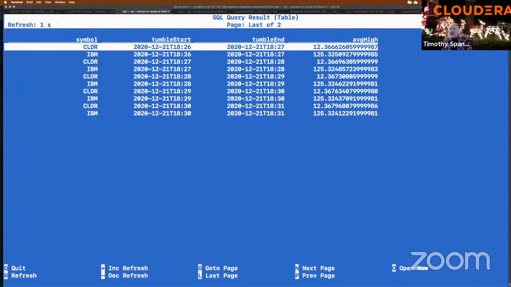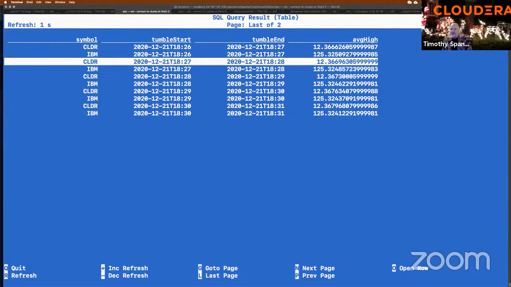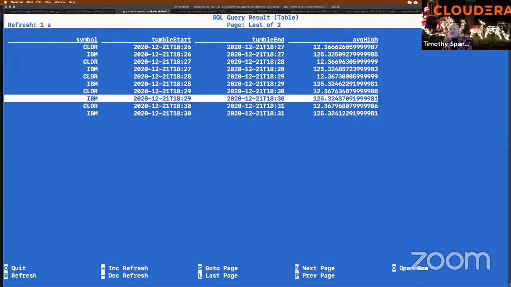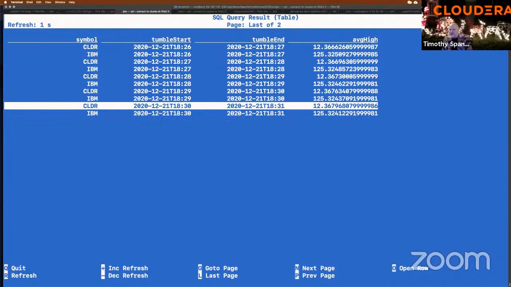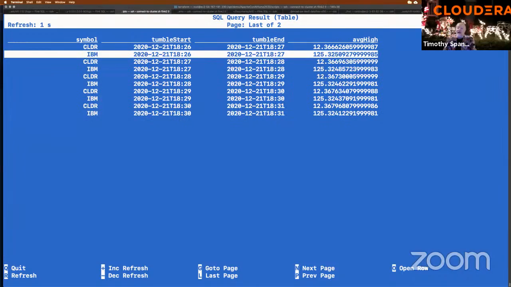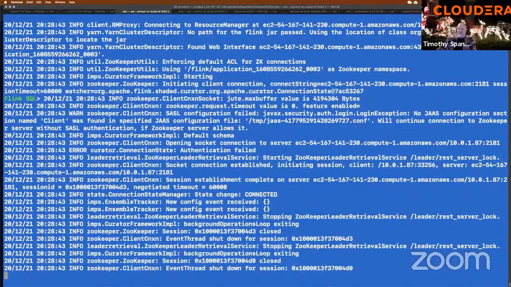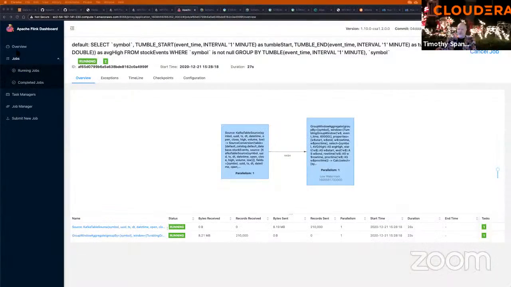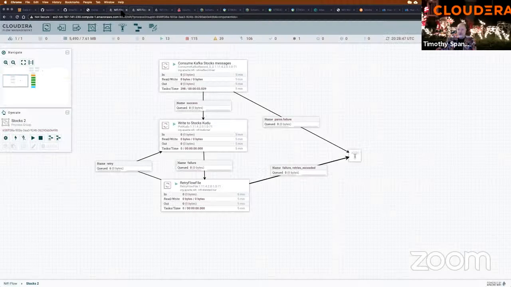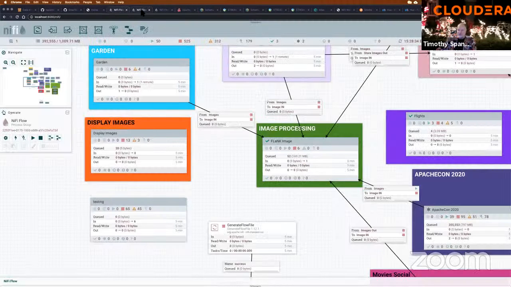We can see the average values over time here for different times during the day. You can see these are 1 minute apart, 1 minute intervals, and what the average of the high value was. Just something you could play with, pretty easy to do. That is one of the things we've been working on. That's a nice one. Another one I've been doing, a big one for me during the year has been the